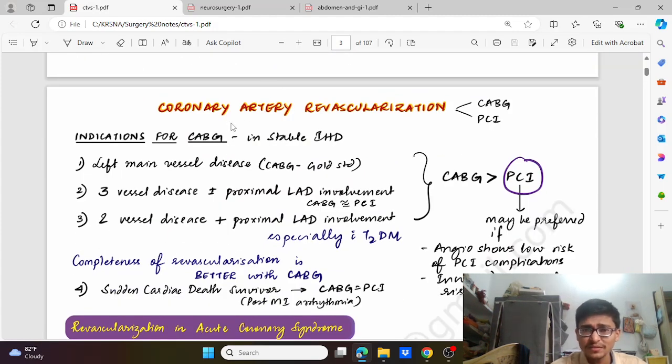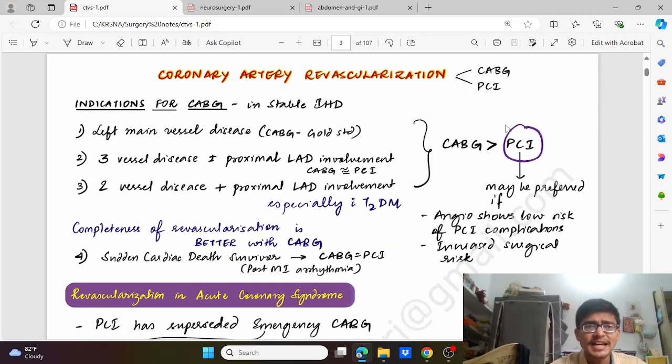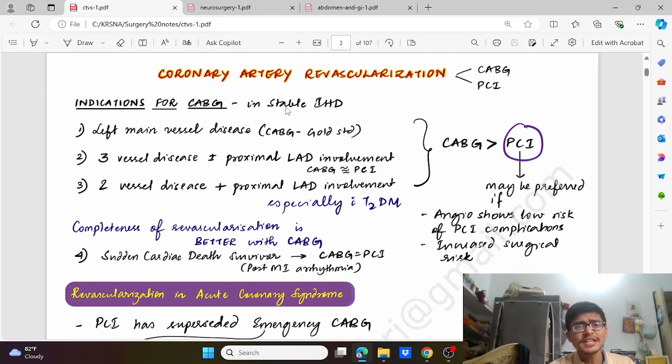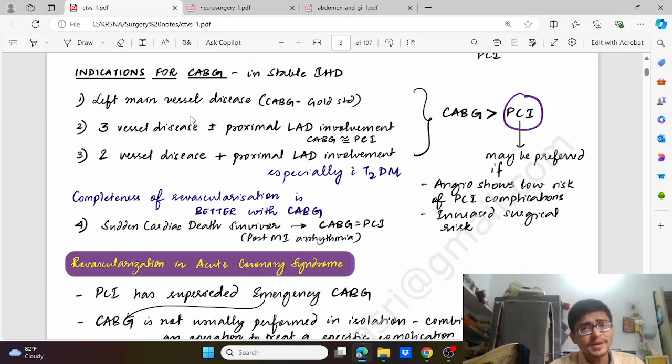So we'll go for coronary artery revascularization, that is with the help of coronary artery bypass graft or percutaneous coronary intervention, that is PCI. So what are the indications for CABG in stable IHD? We have to understand it is stable IHD. So it is left main vessel disease, that is the gold standard for CABG. Three vessel disease with proximal LAD involvement, two vessel disease with proximal LAD involvement in diabetes,